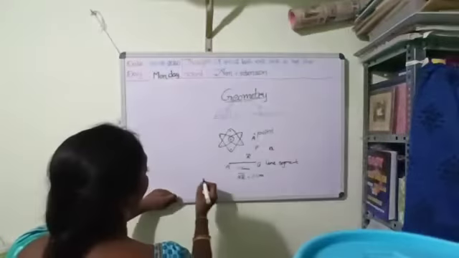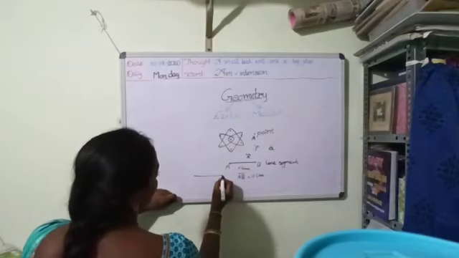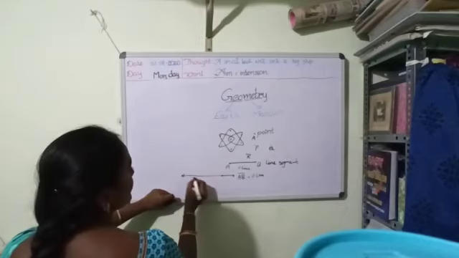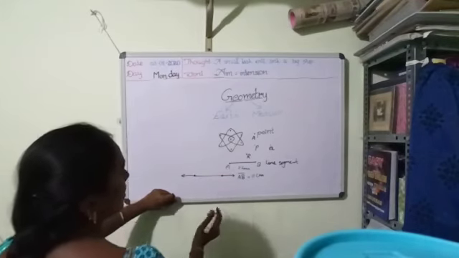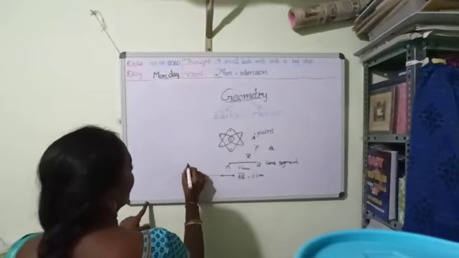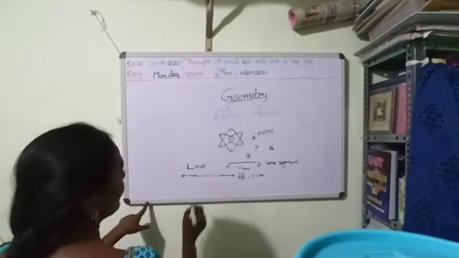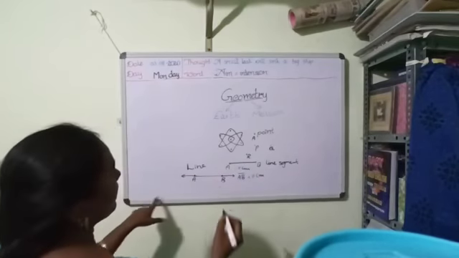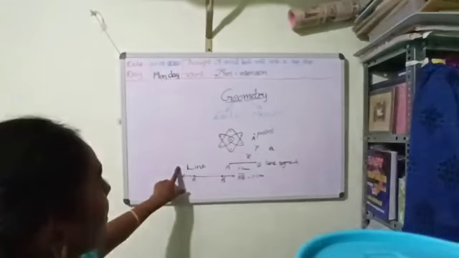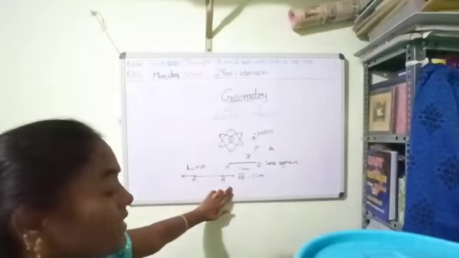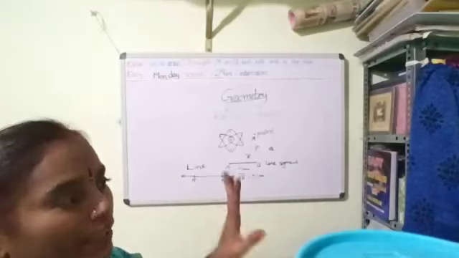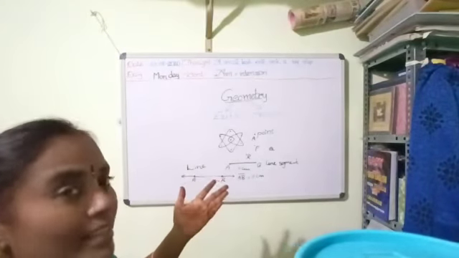Okay. Now I am taking this line segment and extending it on both sides. See here, this is a line segment but it extends on both sides. This is called a line. What is this one? Line. So a line segment is a part of a line. In a line there is no end. It extends in both directions. So it does not have any particular length. We can't measure its length.